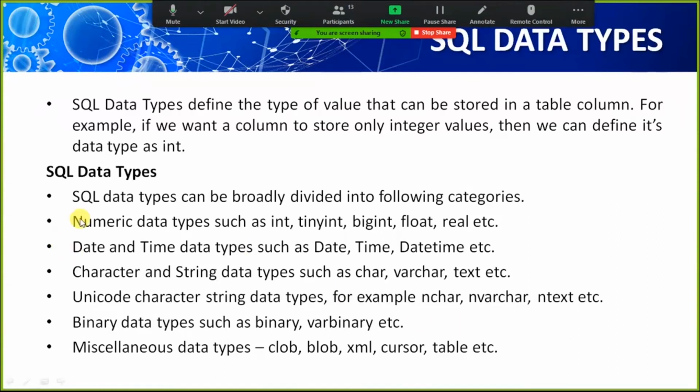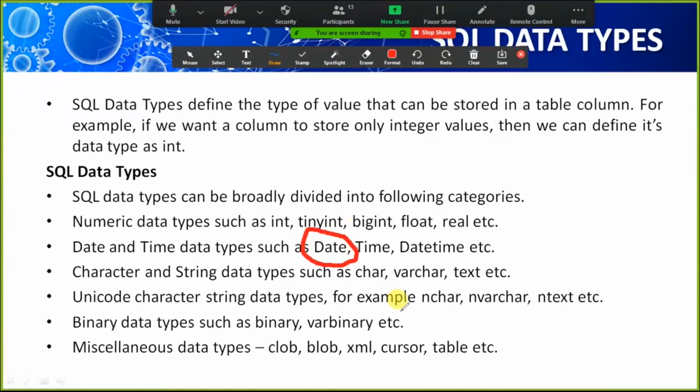SQL data types can be broadly divided into the following categories: numeric data types such as int, tiny int, big int, float, and real. The second type of data type in SQL is date and time data types such as date, time, and datetime. The date data type will store only the date in